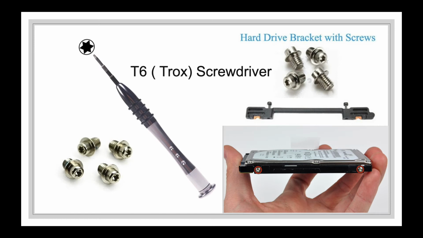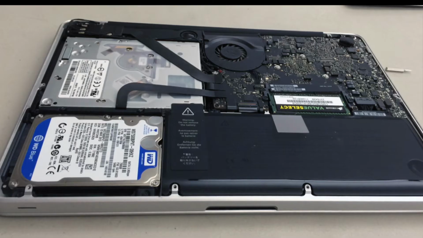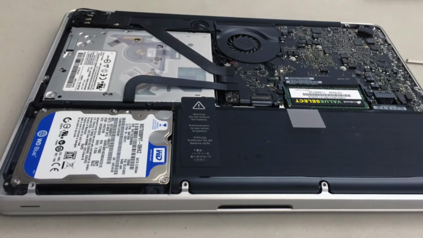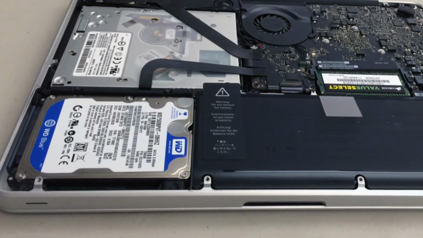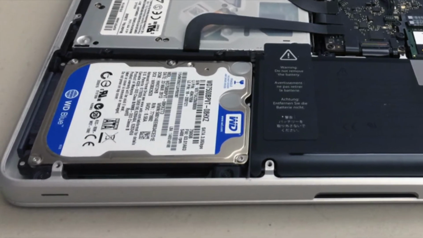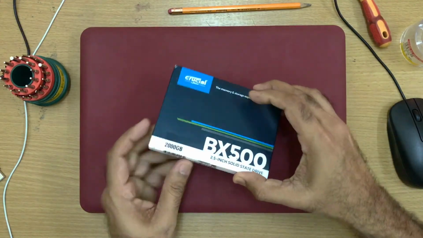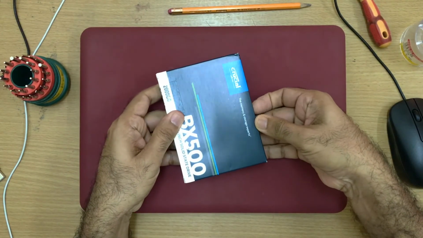There are 4 screws fixed on the hard drive, which has the hard drive bracket. So we can remove those screws and the hard drive bracket. We can remove the hard drive which is there in the Mac, and we can replace it with the SSD hard drive. The interface inside this Mac is a SATA interface that can be easily reused. Let's start the disassembling and fixing process.